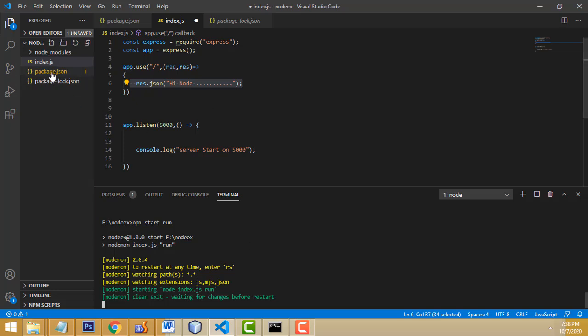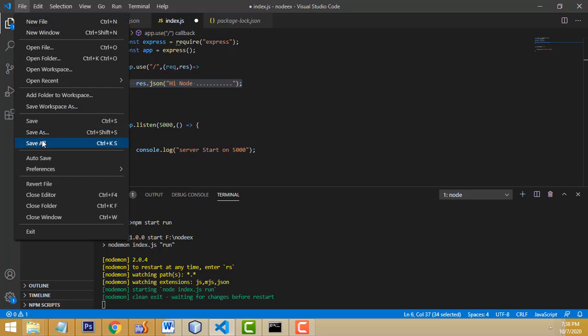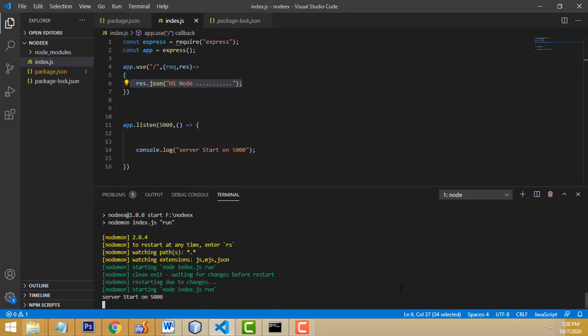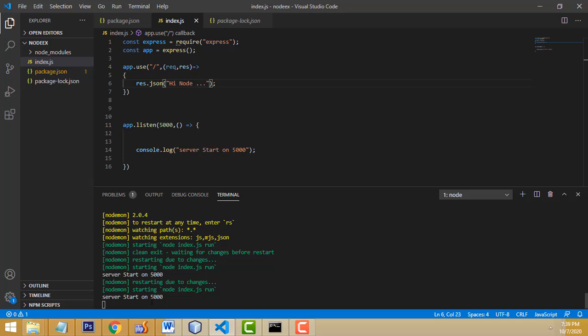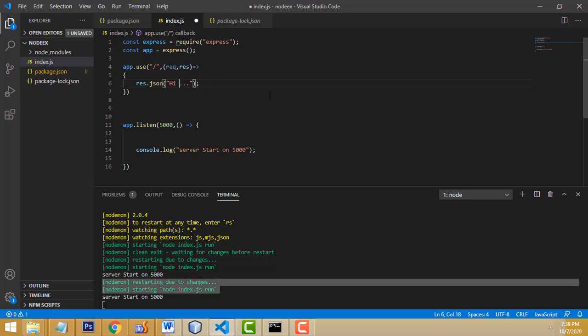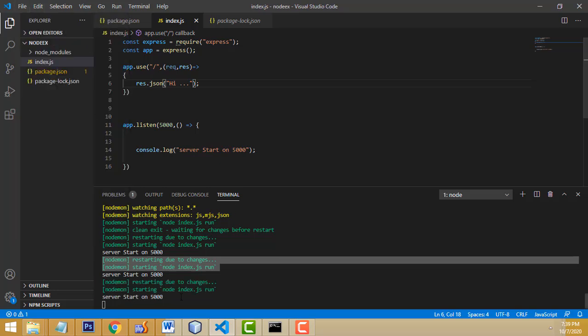right. The problem is here we didn't save the file, that's the problem. So if we save all, now here it is connected, okay, here server started on port 5000, right. Now here I am going to make changes and save the file. Here the changes will be made automatically. All this stuff is made by Nodemon, so I have given the example of Nodemon, right? These are all the changes. If you made any changes over here, put only a hi message, and we have to save it. Here, unsaved, it is telling the message here, right? It's in this editor, right? If you save here, it's working fine, right?